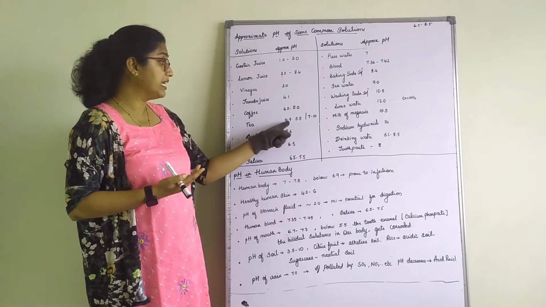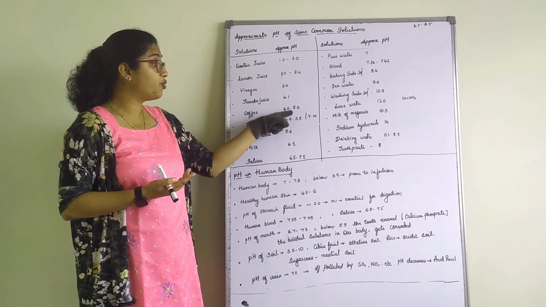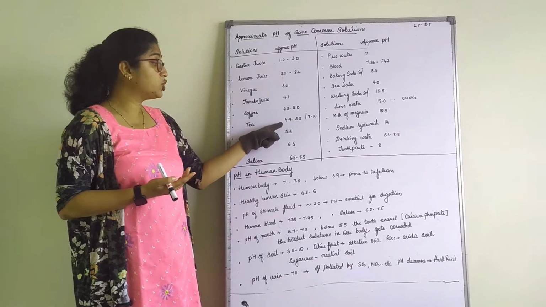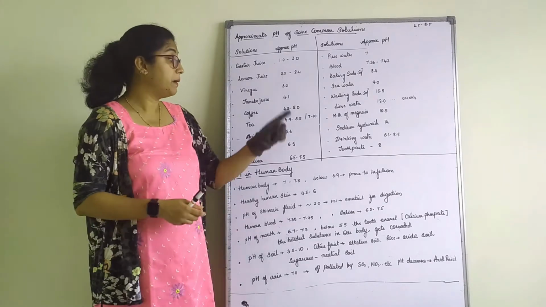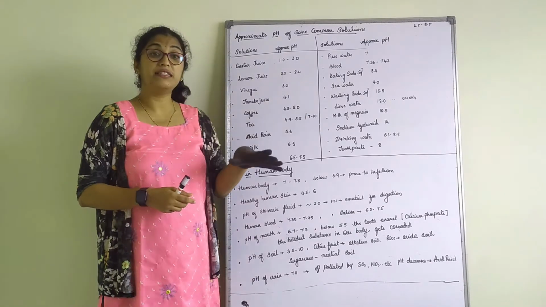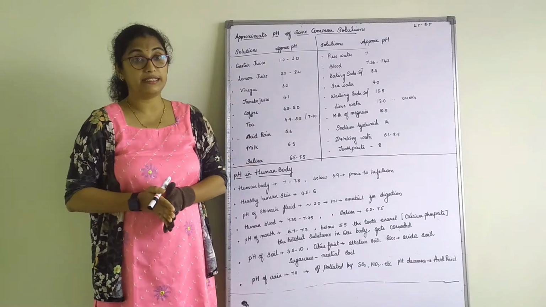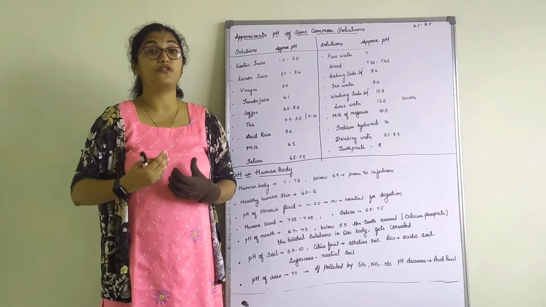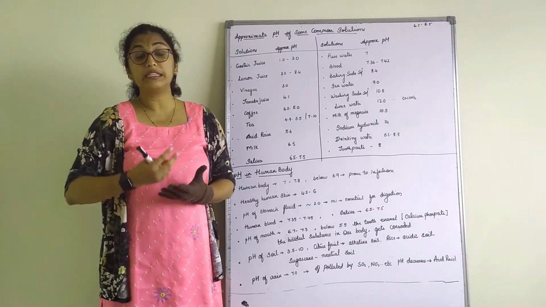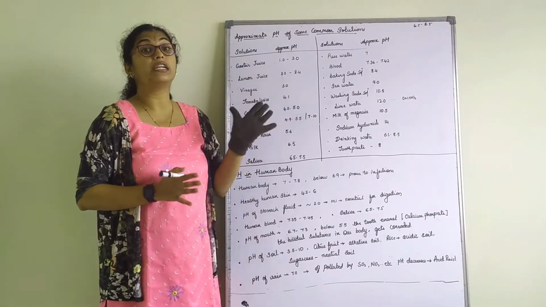Here is the next point. Tea is also acidic. The pH value of coffee is 4.5 to 5 and the pH value of tea is between 4.9 to 5.5. But I have put a slash and written 7 to 10, that is the pH of green tea. Nowadays there is a trend, everybody is having green tea. It is good for digestion, good for your body, produces antioxidants, etc., right? But it is not acidic.